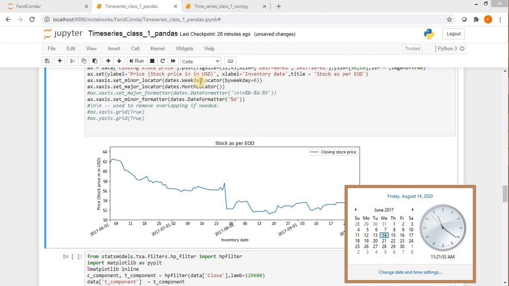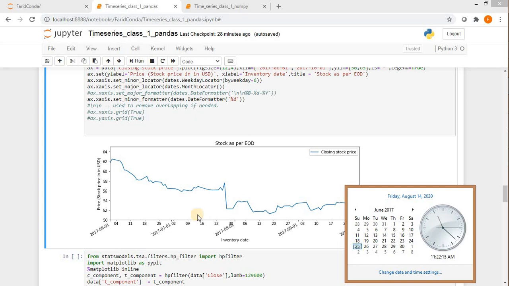So I want to show by week the 6th day of the week, that is Sunday, because it starts from 0. So it is saying 4th, 11th. Okay, it's a weekend date of business actually, as per pandas.